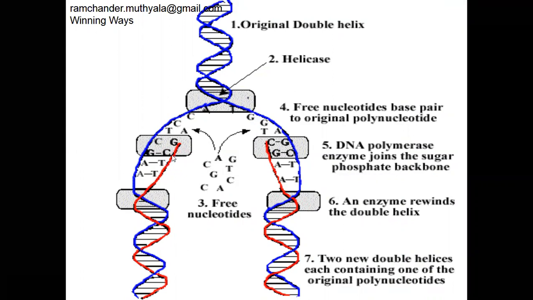On the leading strand, the new polynucleotide chain is synthesized with only DNA polymerase 3 enzyme. On the lagging strand, the new DNA strand is synthesized by the DNA polymerase 1 enzyme as well as the DNA polymerase 3 enzyme. Finally, the daughter DNAs contain 50% parental DNA and 50% newly synthesized DNA. So this method is also called the semi-conservative method.